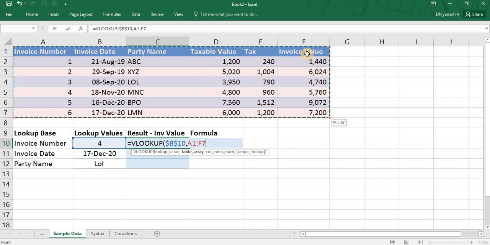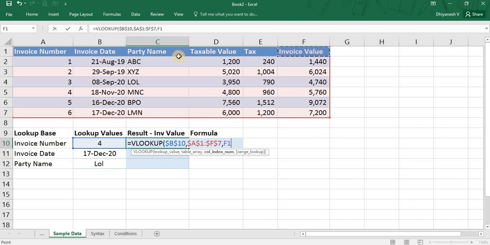So my result, I want result as invoice value, so I selected till invoice value. If you want till taxable value, it is sufficient if you select till taxable value alone. And then the column index number is the nth column you want as result. In this table array, I want result based on this column.